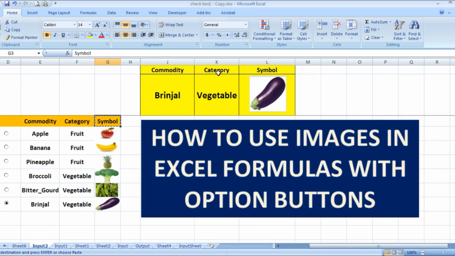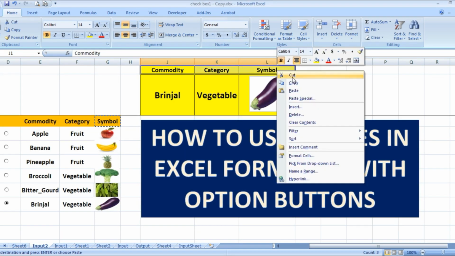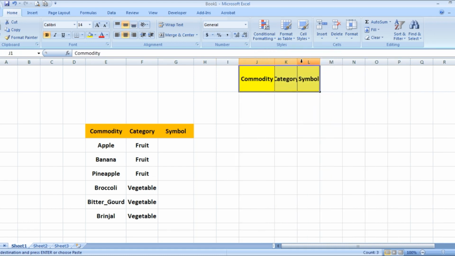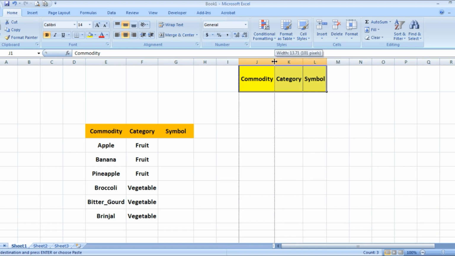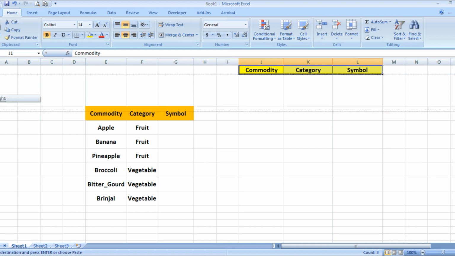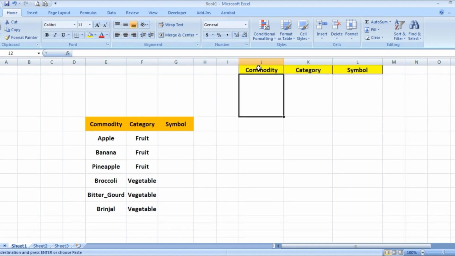So look here, this is the JKL. We can make it a little larger, and this one is large. I am just adding borders here and changing the background color only.